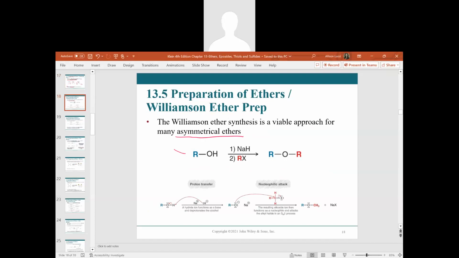So we see here that we have an alcohol starting material. And in our first step, we can use a strong base such as sodium hydride to deprotonate our alcohol. And our resultant alkoxide ion then would become a nucleophile and attack our alkyl halide here in a nucleophilic attack. So this would cause that loss of the leaving group, whatever that halogen is, and then we would end